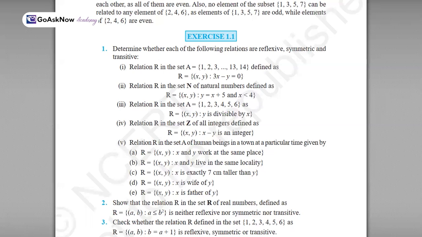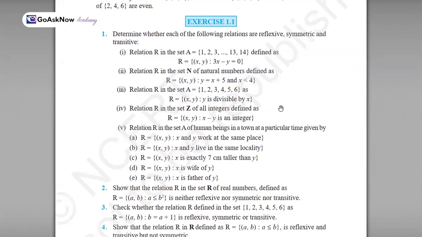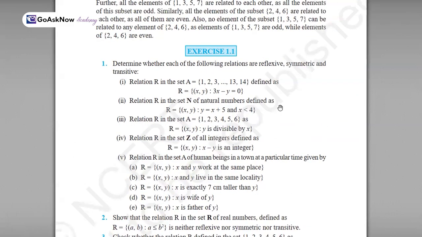The lecture is totally focused on your NCERT syllabus. So we will see what the questions are in this NCERT chapter 1. In exercise 1.1, I will take some of the questions. Due to time constraints, I can take only some of them. After that, you can solve the remaining ones yourself. So let's start. Question one tells us to determine whether each of the following relations is reflexive, symmetric, and